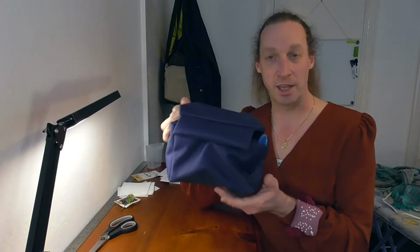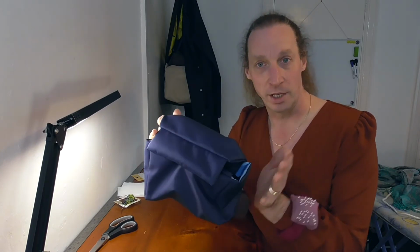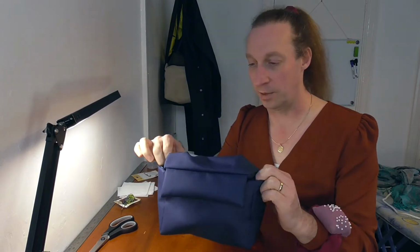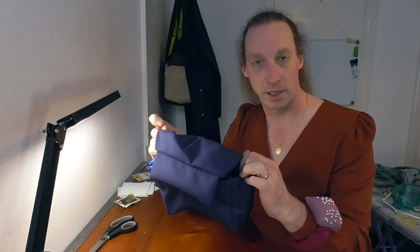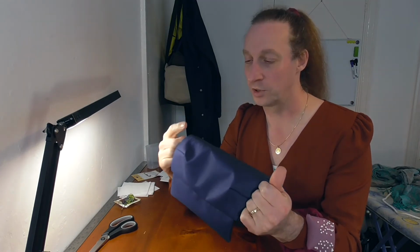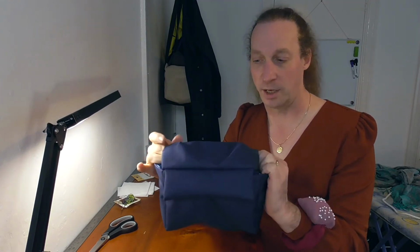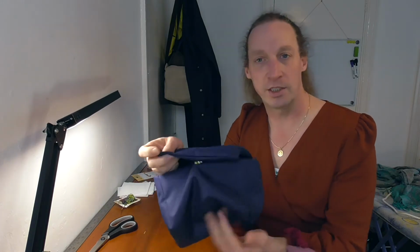Well, the bag's come together quite well. It's all constructed together. It's nearly done. Just got to put a strap on there, which is actually a lot more difficult than it appears from when I've done my mock-ups and my testers. It can actually be quite a pain to do, but it's, as you can see, quite